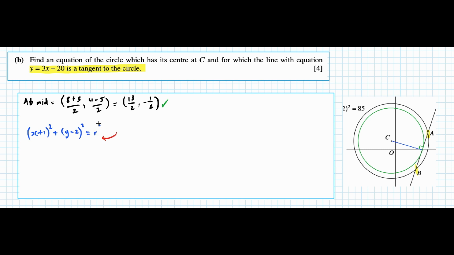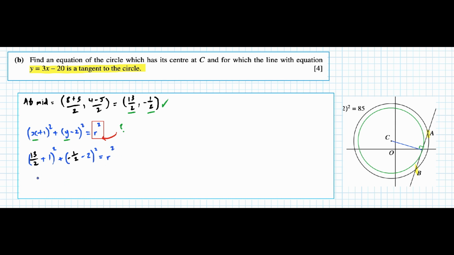and we'll get that. So the radius is changing, and once we've calculated the radius, we can just write the whole thing then at the end. So we're going to write out our new equation of the circle. Okay, so we've (13/2 + 1)² + (−1/2 − 2)² = r². You can simplify it all again, or you can just jump to the next step like I will,